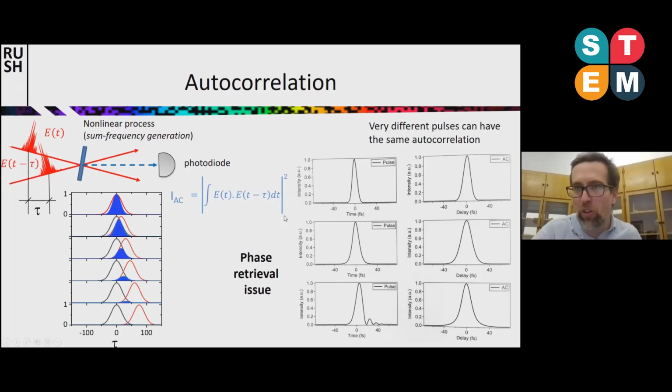This works well for simple pulse shapes like Gaussian shape, etc. But imagine that you want to know more, that you have some very complex pulse and you want to see how this pulse looks like. Then this method actually fails to work, because you can see that you can take very different pulse shapes, like here, and get almost the same autocorrelation. So you cannot really tell which is which.